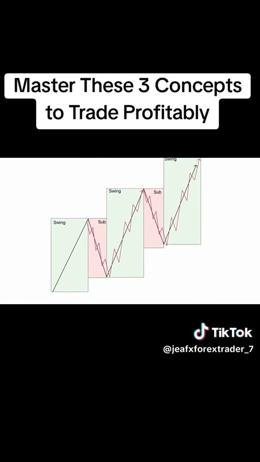But the concept suggests that within this swing structure uptrend, in the corrective movements, there's going to be smaller trends. So let's say we are looking at the 4-hour time frame for this bullish upward trend. Within the 1 hour and 30-minute time frames, we may see bearish price action and bearish trends happening within the corrective movements. So we will actually see smaller trends inside of the larger trend when we start to look at